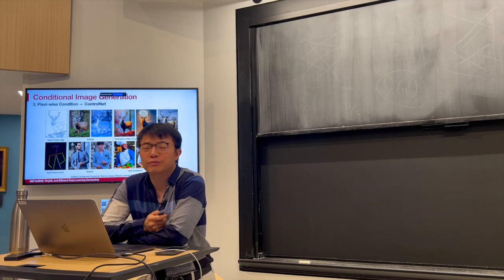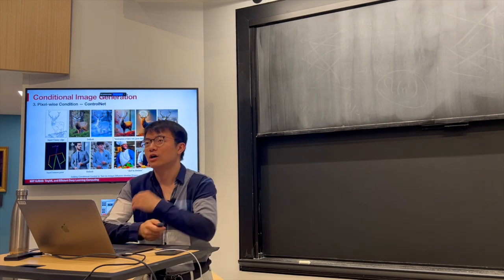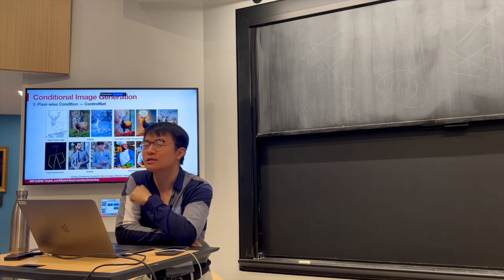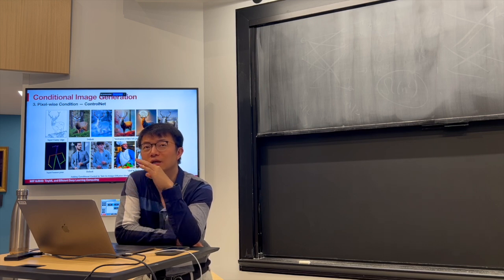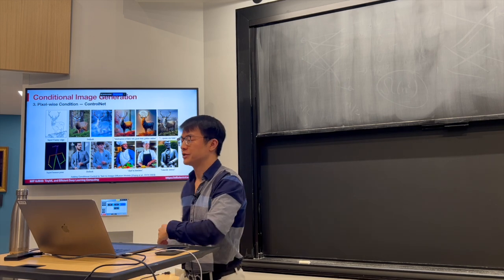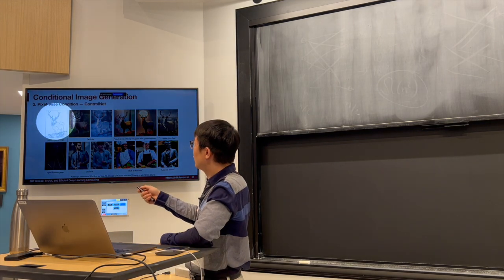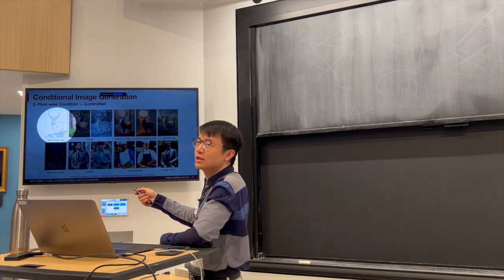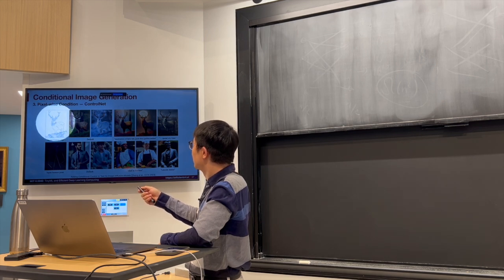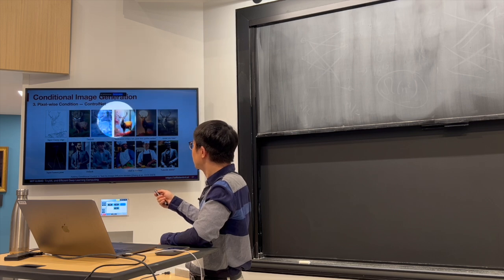We can also perform pixel-wise condition. Okay, we've talked about class condition using a class. We talked about language text condition using a sentence to describe what we want to generate. Now we want to do pixel-wise condition. For example, we want to generate something that follows the edge described here. This is using a Canny edge detector to find the edge. And as a result, the generated image together with the text prompt can exactly follow